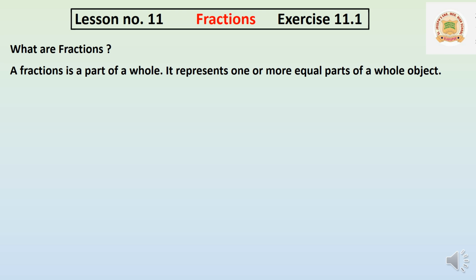Otherwise, imagine you have 5 rupees and you want to share it with your sister. If you make 2 parts of that 5 rupees, you will get 2 rupees 50 paisa with you, and 2 rupees 50 paisa you will give to your sister. The part you are making separately from 5 rupees for each, that is called a fraction.